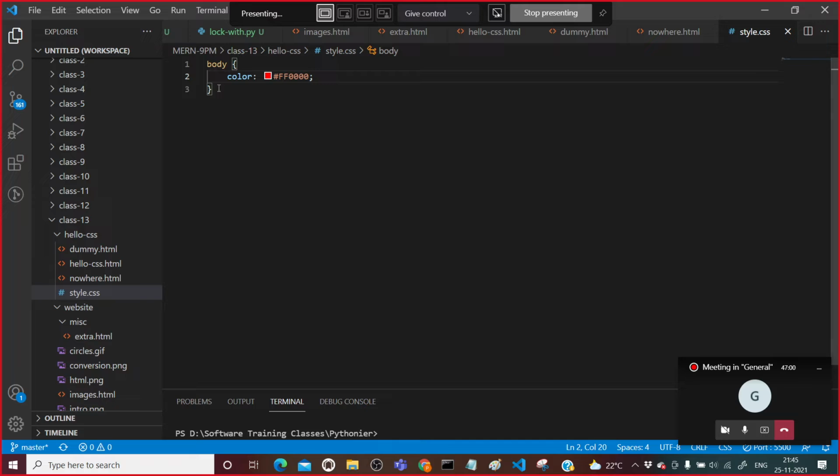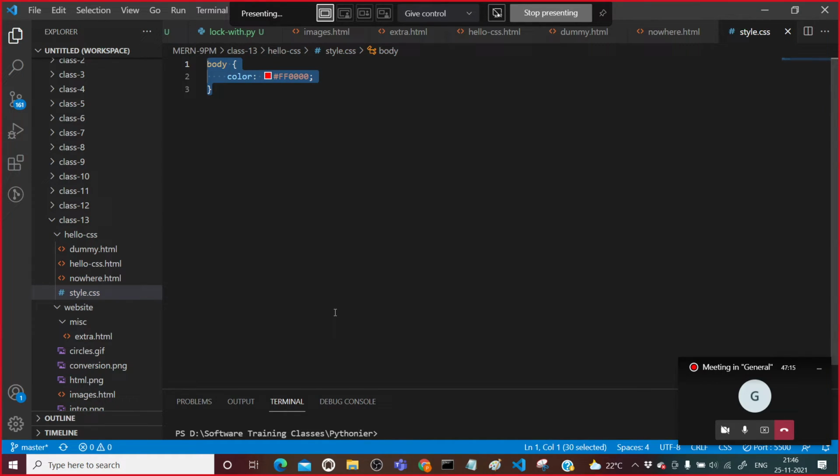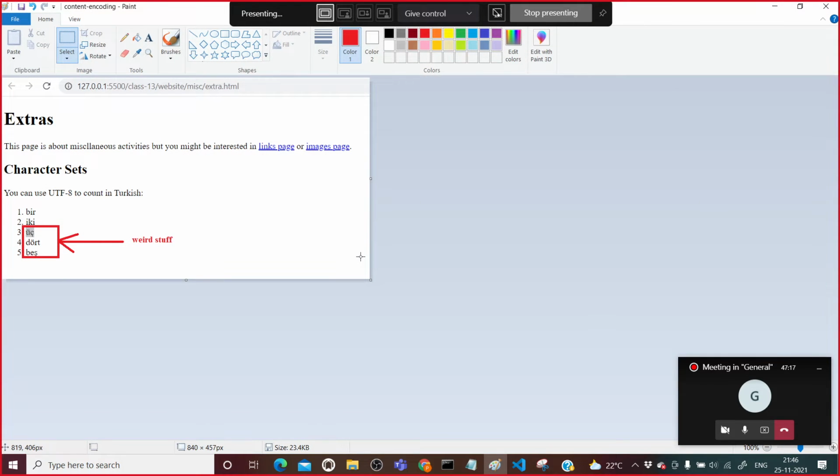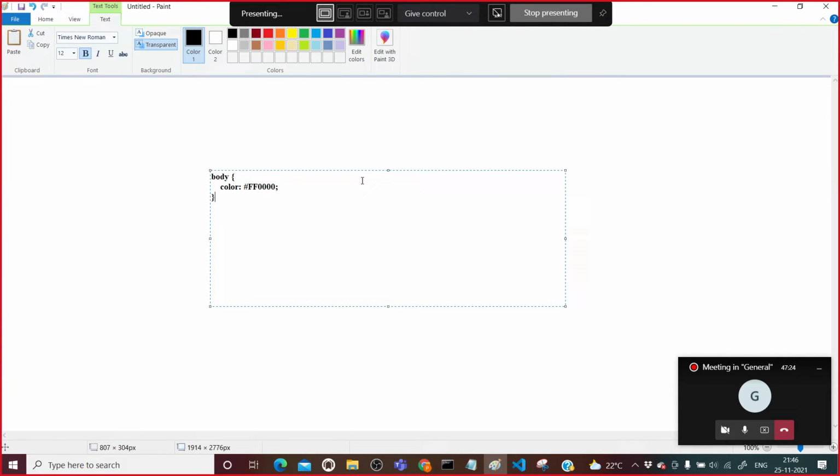Now I will try to understand this complete thing, what is written where. So I will copy this and we will move to Paint and paste it here. Now we will try to analyze each of these things.